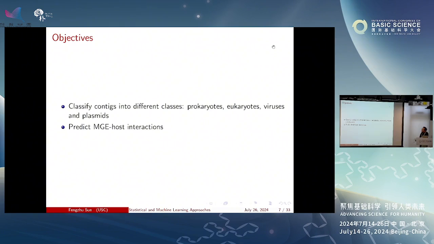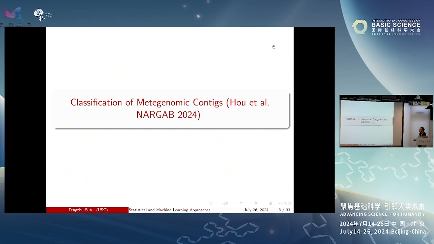Okay, so now in this talk, I will concentrate on the computational method to classify contigs into different classes, including prokaryote, eukaryote, viruses, and plasmid. And we also want to talk about how we predict mobile genetic elements and host interactions. I will mainly talk about a recent publication on the classification of metagenomic contigs that was published